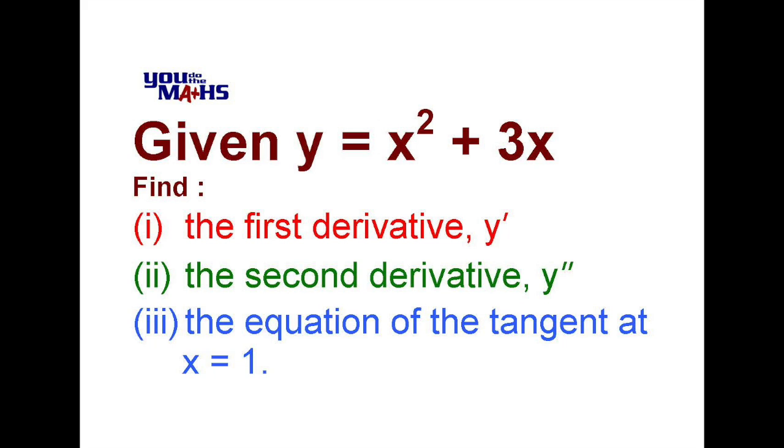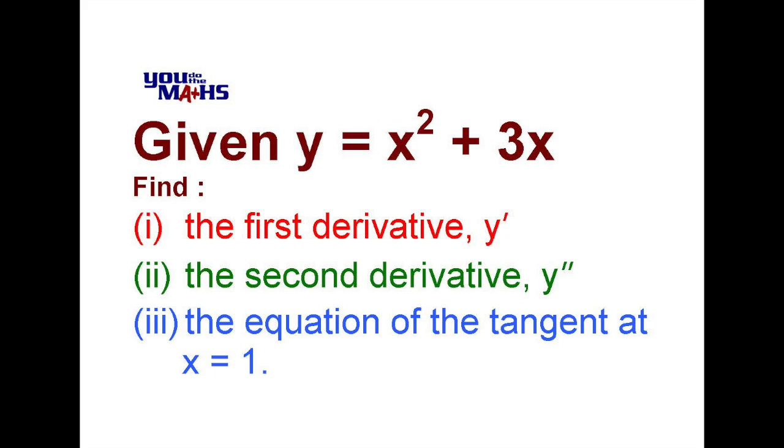For the given expression y equals x squared plus 3x, we're being asked to find the first derivative, the second derivative, and the equation of the tangent at x equals 1. Before we differentiate any expression, what we need to look for is an expression that has terms in the form